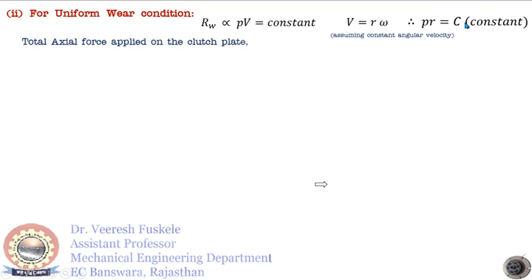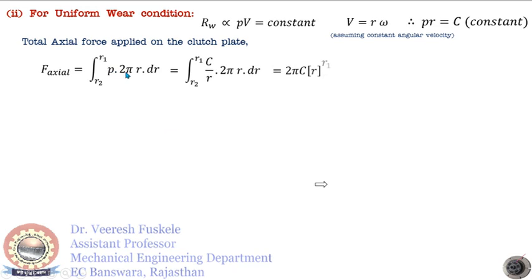Suppose it is C. Now the total axial force applied on the clutch plate can again be calculated as previously, by integrating dF from the limits R2 to R1. So F axial is the integration from R2 to R1 of p 2π r dr. We can put the value of p as C upon r, so 2π r dr. Now C is constant, so we take it outside, and 2π is constant, so we take it outside. Then r and r cancel out. So the integration of dr is r in the limits R1 to R2, and we get the total axial force applied on the clutch plate as 2π C (R1 − R2)